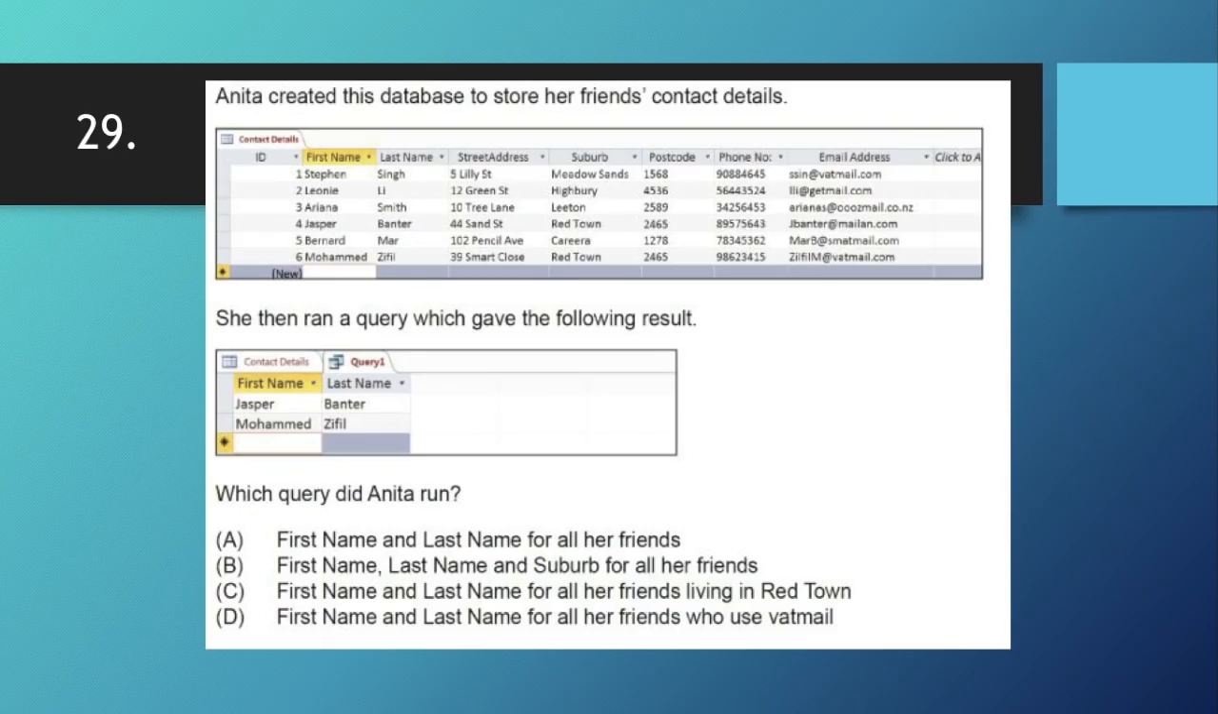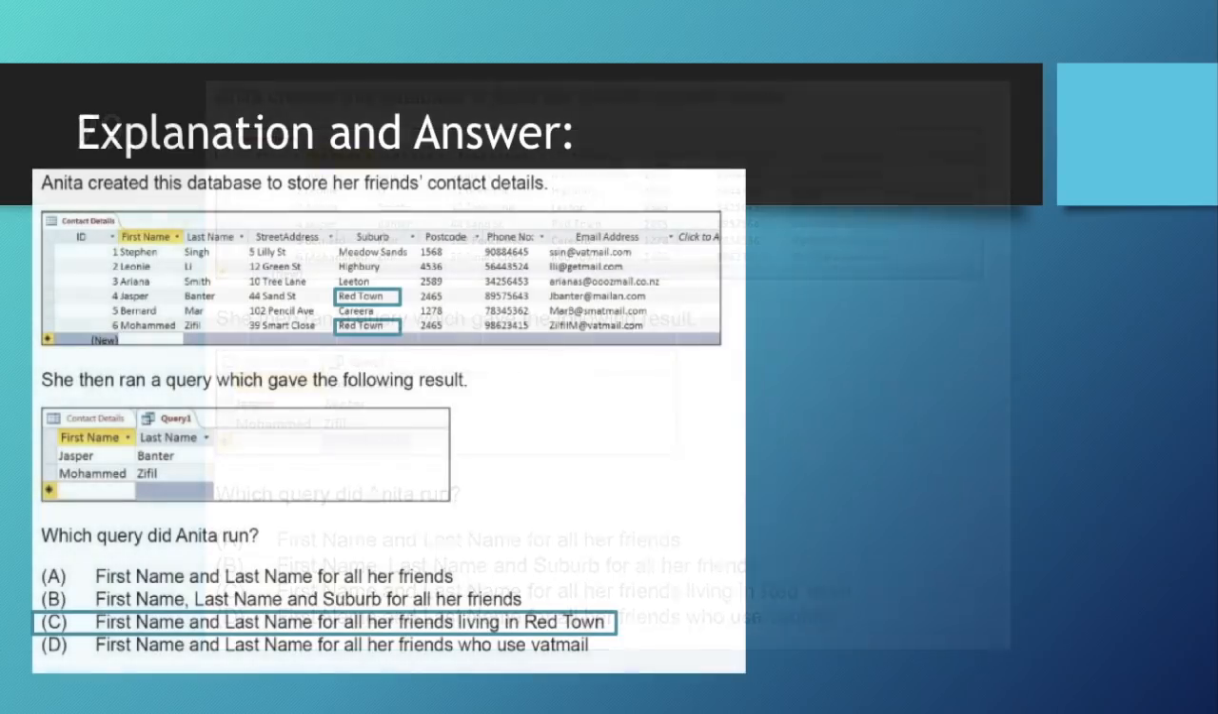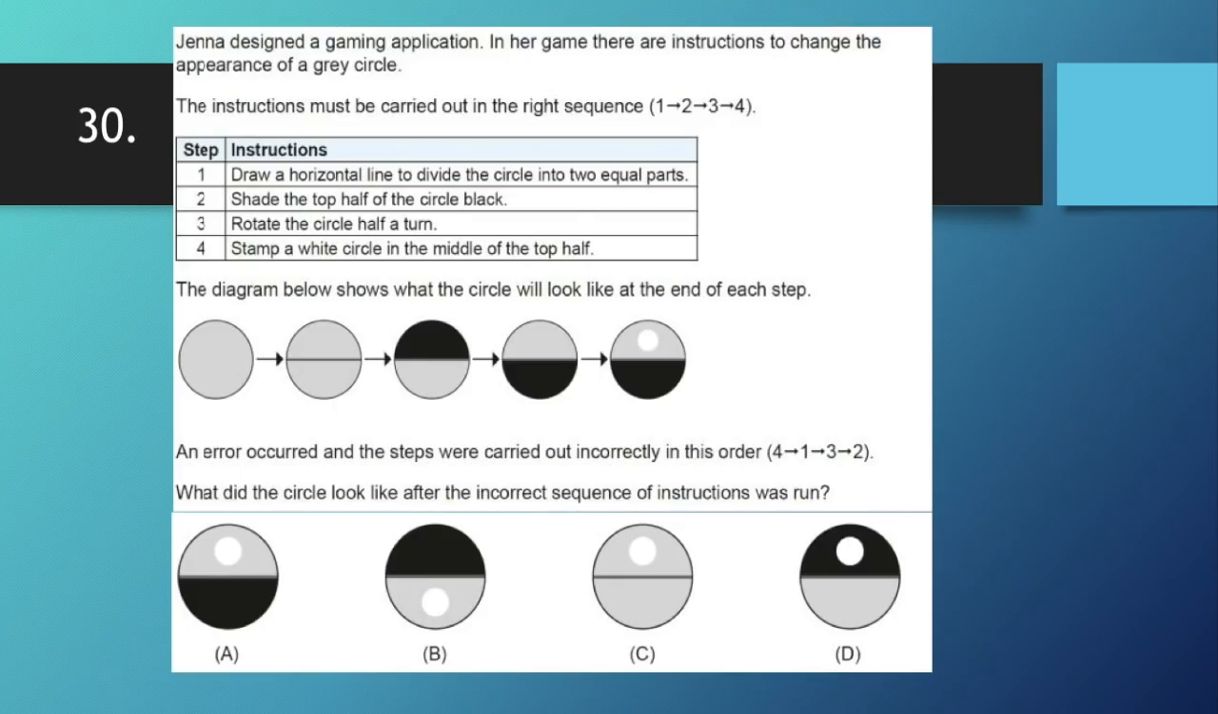This question is about what query Anita ran. The thing that only Jasper and Mohammed have in common is that they both live in Redtown, eliminating all the answers except C. In this question, we need to figure out how the N shape will look when Gemma